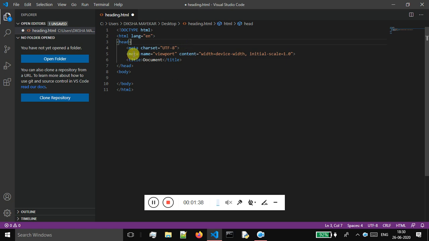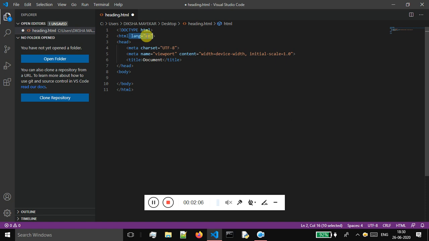Next we again have a meta tag, which makes our web page responsive. Whatever code we write for our website will render smoothly on a desktop, on a tablet, and also on your cell phone. As of now you don't have to stress much about these two lines and these attributes.